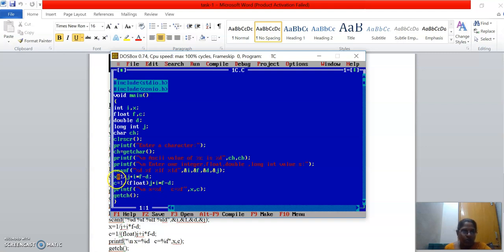Generally, if I am specifying that I am storing the resultant in some data type, then obviously the data will be like that only. Now here, among all these, the highest size is occupied by double, so obviously the result should be in double only. Now what I am doing is converting the resultant into float, and I am declaring one variable c as a float data type. Now let us see what will be the result for x and what is the result for c.